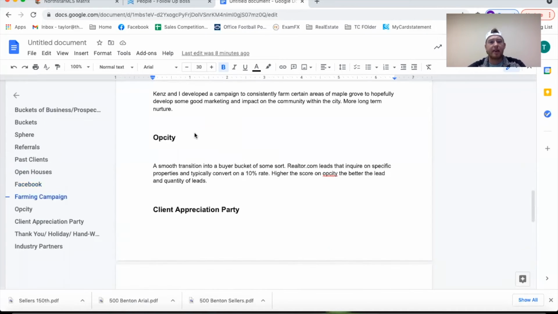Opcity is another great lead source in the sense that usually these are qualified leads. It's usually hit or miss though. These are referral-on-the-back-end type leads. These are the realtor.com style subscription-based leads. They converted it to Opcity for a referral model, so they take a 35 to 38% referral on the back end.